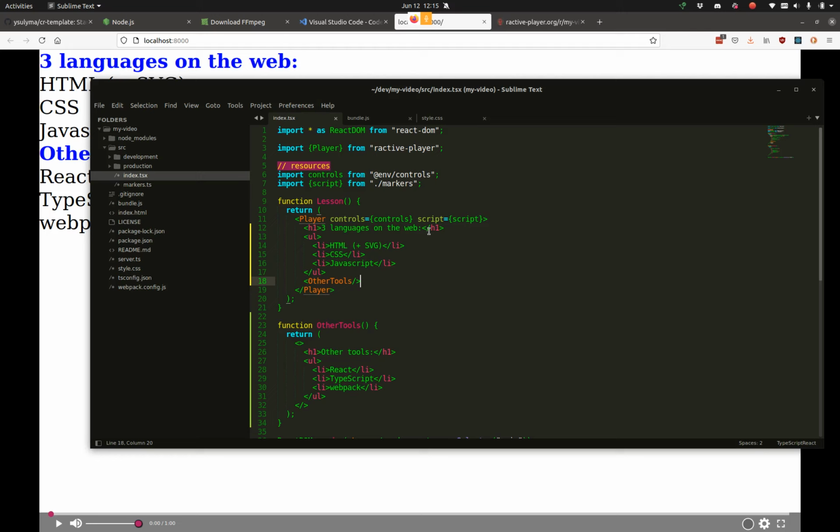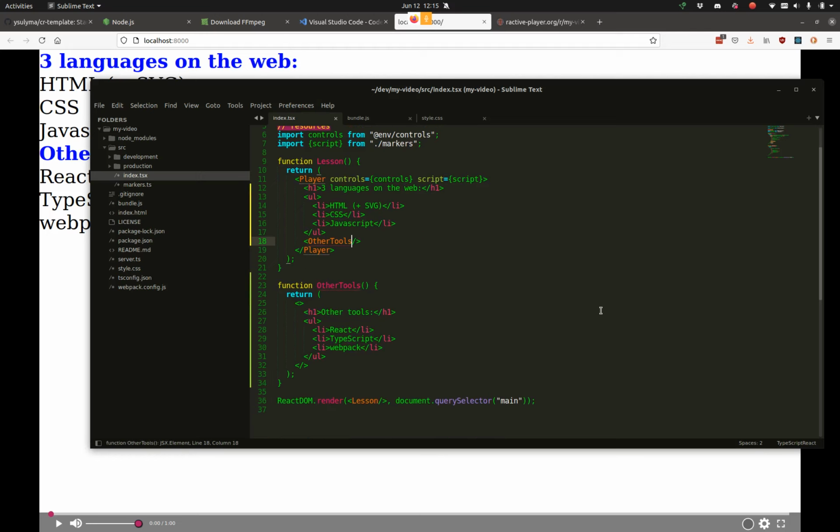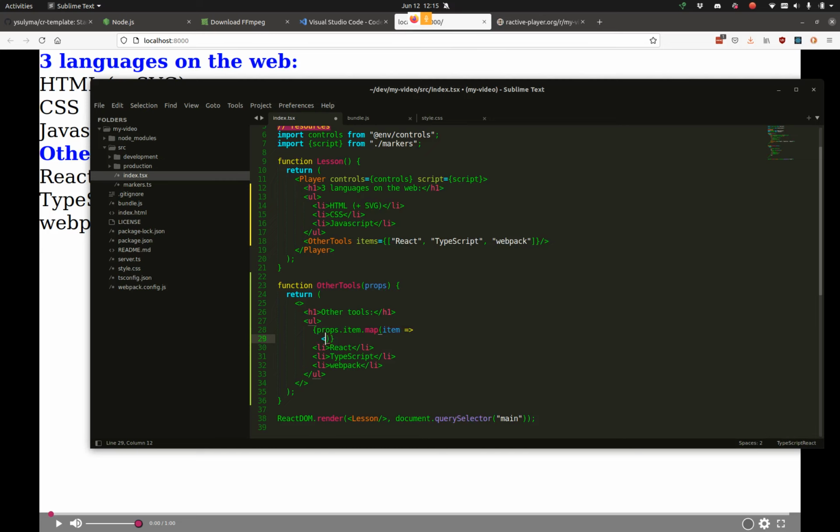The other thing React solves is the problem of being able to dynamicize these. So if I wanted to say items equals this, and be able to just pass this and modify this here, then I could do the following. Again, I'll explain the syntax more in a second. So item goes to key equals item